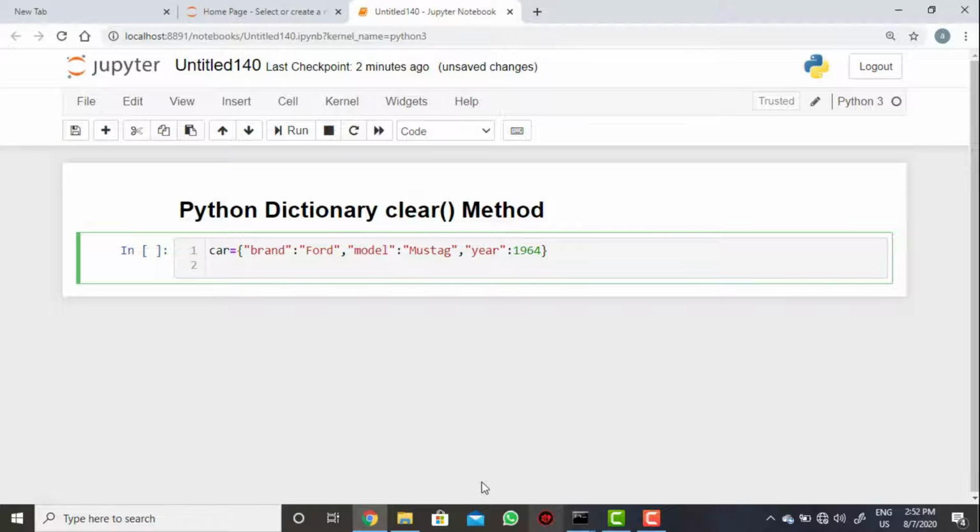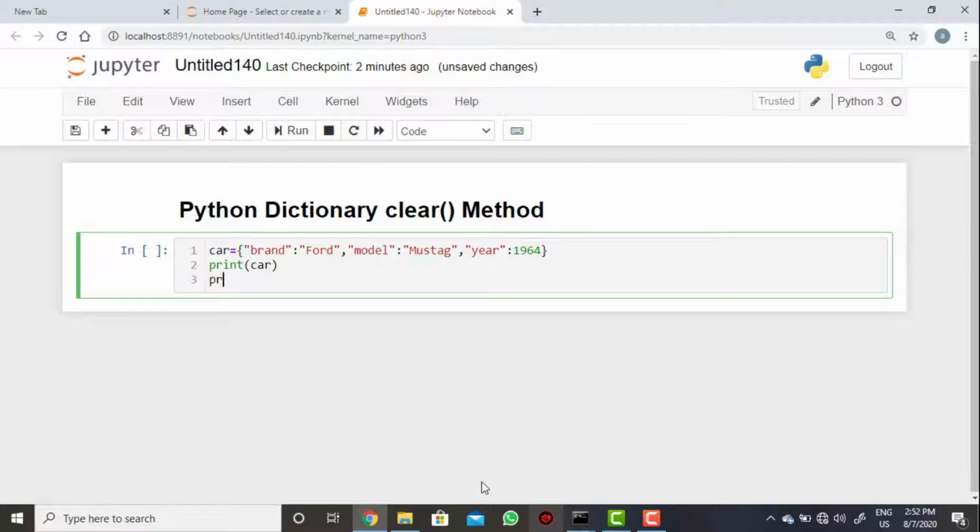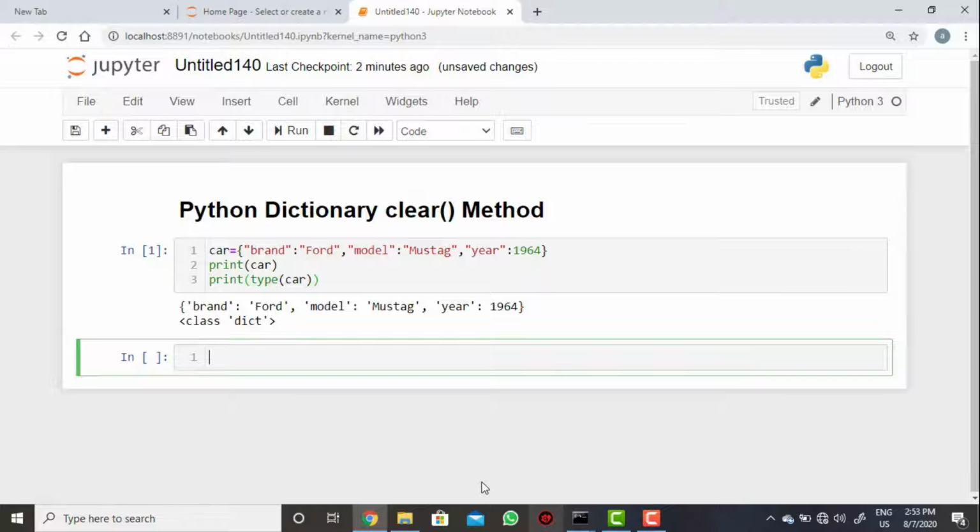So now what we need to do, if you want, you can check whether it is a dictionary or not. Print car, then print type of car here. Then see, this is the dictionary here.